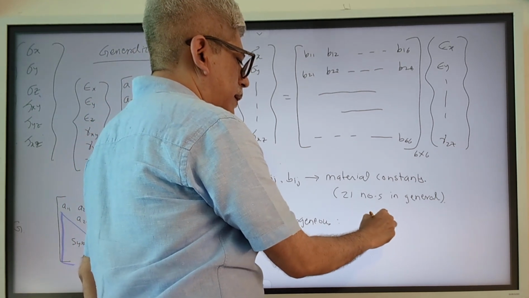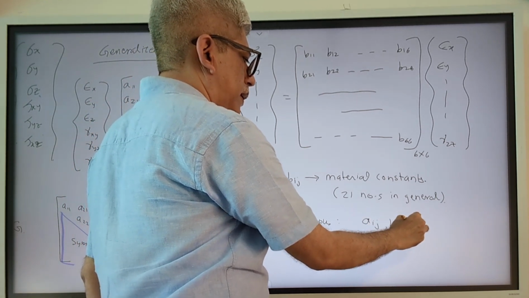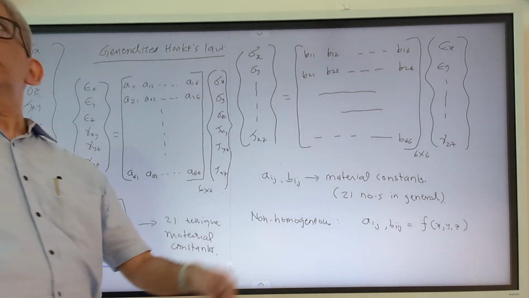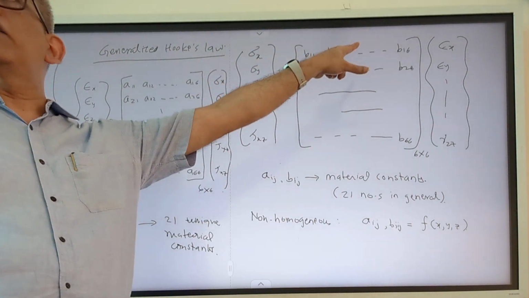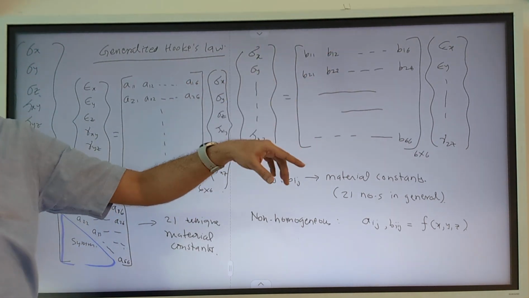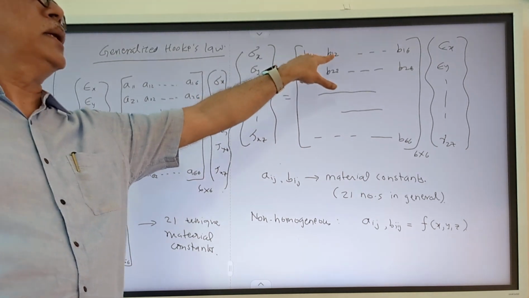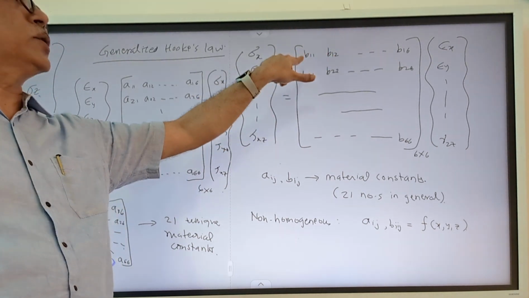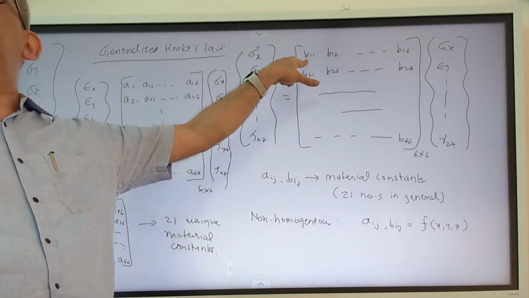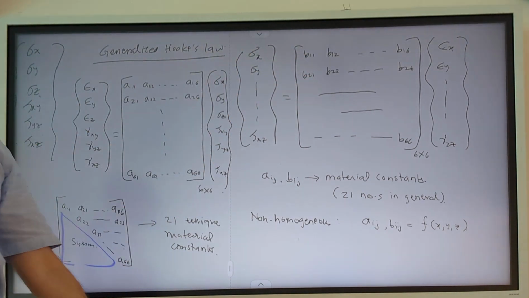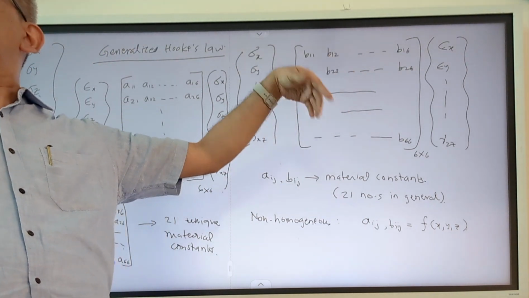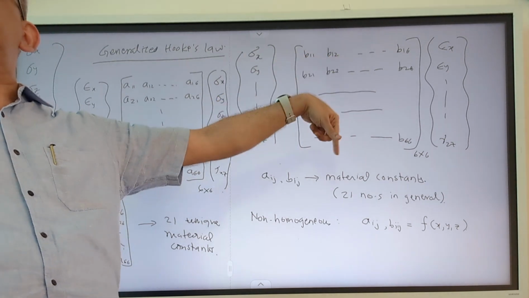If the material is not homogeneous, then in that case, this Aij and Bij will be functions of the location. So from point to point, here these values are constant: 1 by E, mu by E, those are the constant terms. But if the material is not homogeneous, then at one point it will be 1 by E1, and if you move to another spot on the table, it will become 1 by E2. So this particular constitutive equation can become non-linear if your material is non-homogeneous.